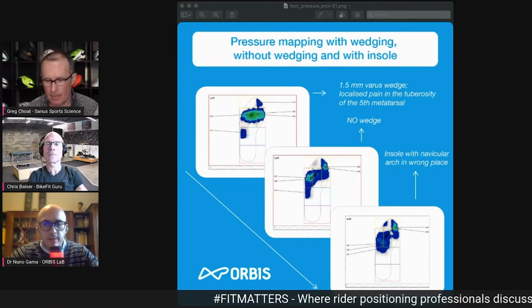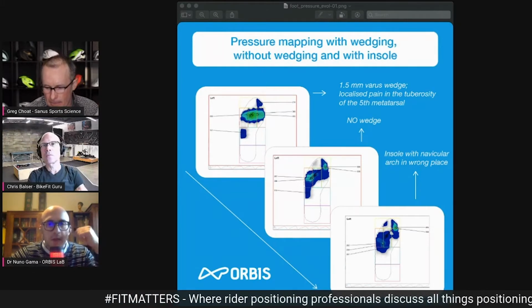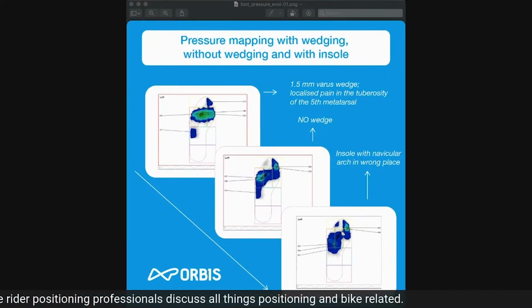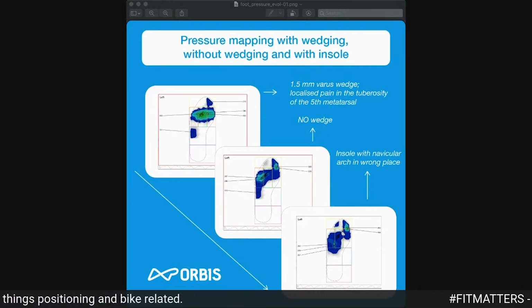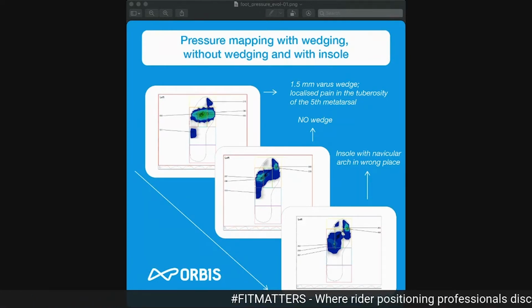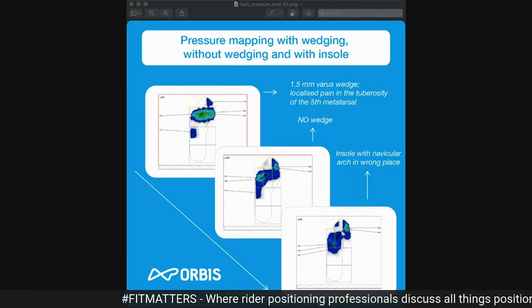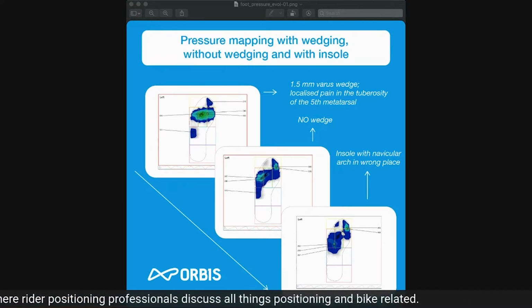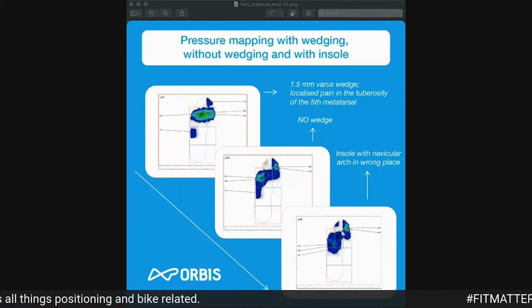Oh, this is just a quick example of someone that came in the other day, last year actually, who was presenting with localized pain in the fifth metatarsal, in the tuberosity of the fifth metatarsal. That's that blue bit over there on the left-hand side. Can you see my mouse actually? No, I cannot see your mouse. That's okay. So the blue bit on the first image, on the top image,